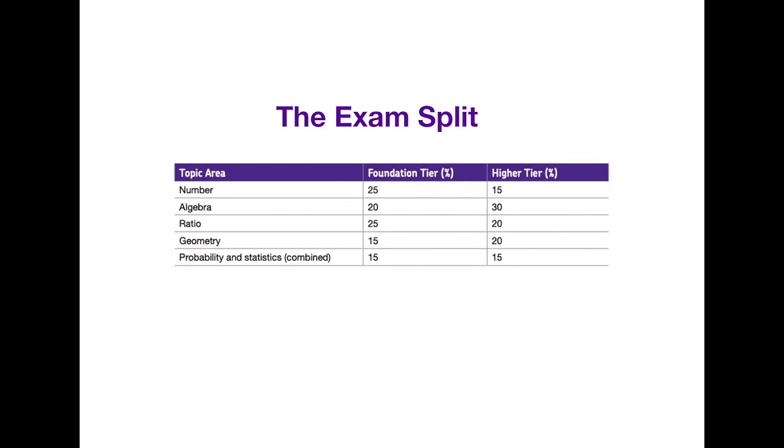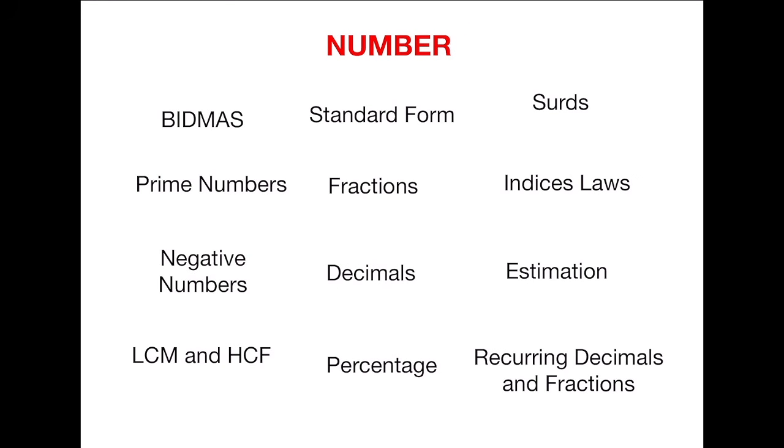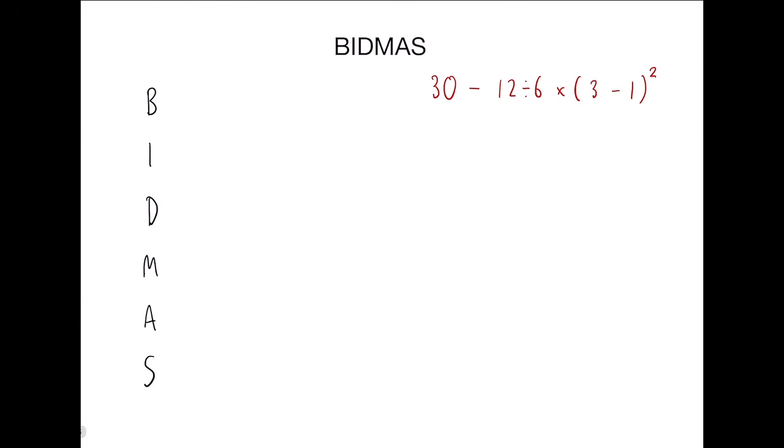Now let's get on to the actual content of the video. I have filtered everything from the number topic down into these 12 subtopics. Let's have a detailed look at each one of those. Starting off with BIDMAS. On the left here, what does BIDMAS stand for? B stands for brackets, I stands for indices, D stands for divide or division, M is multiply, A is add,